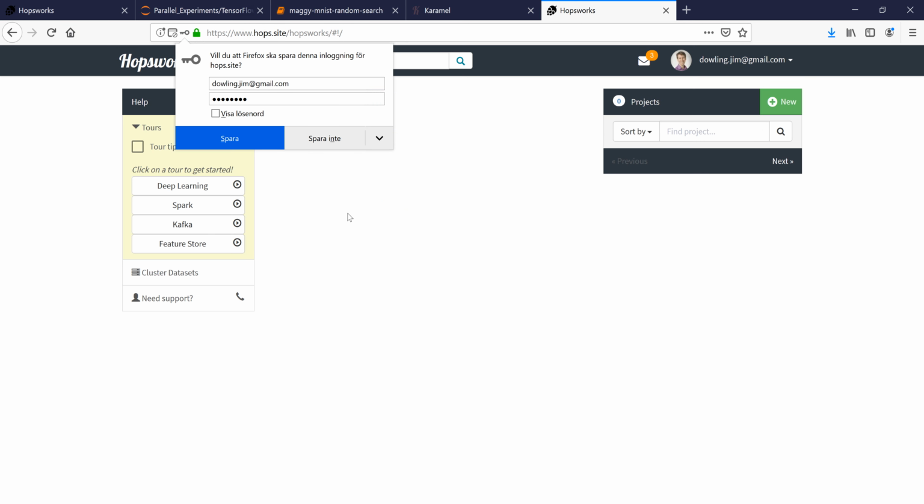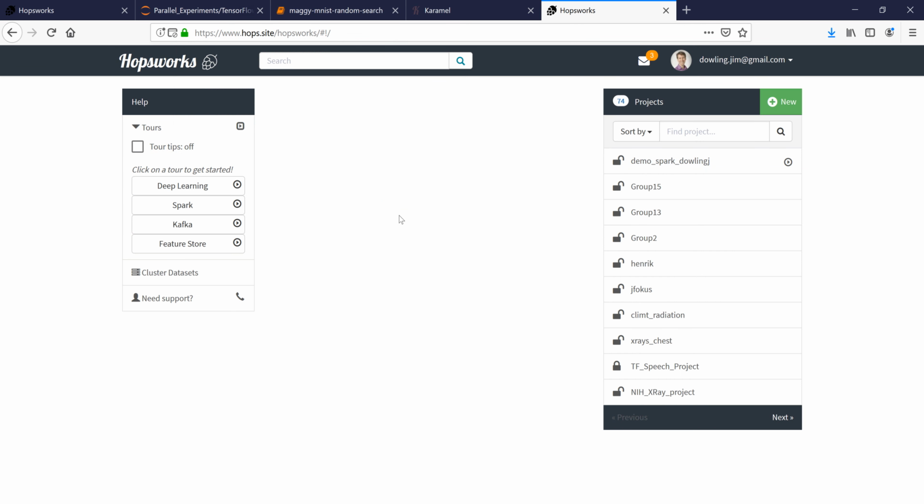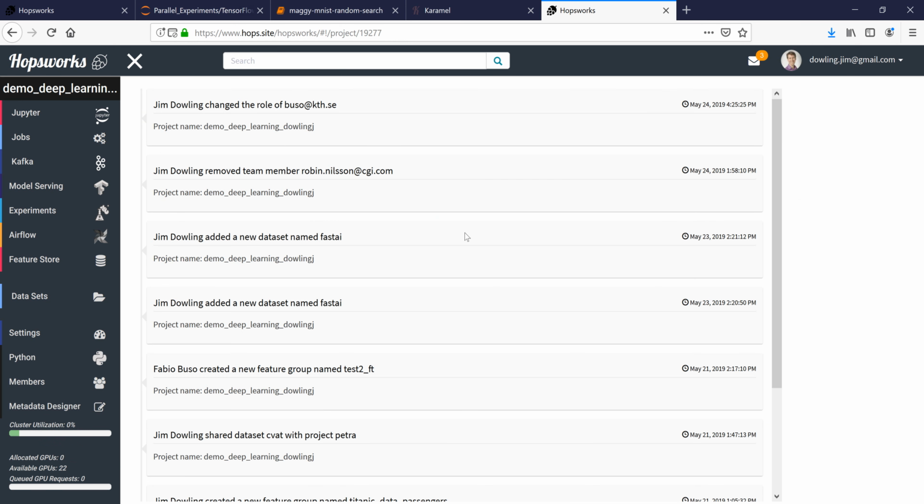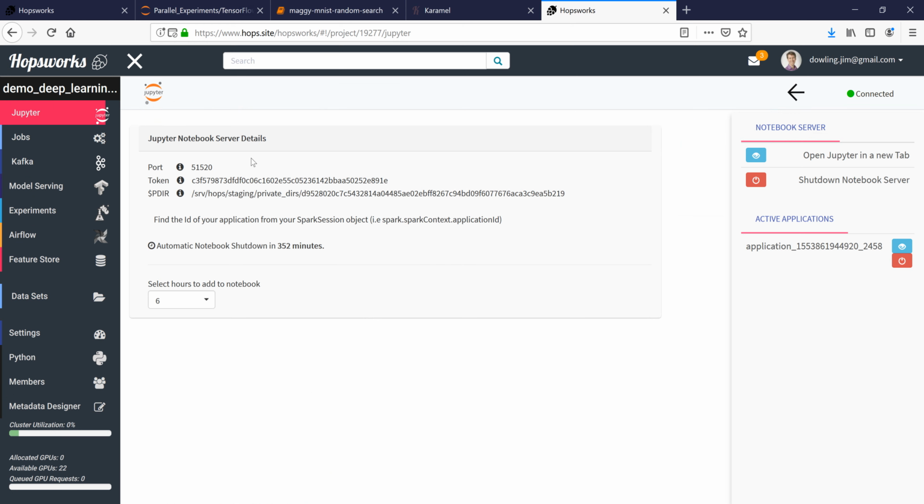So on this cluster, I'm just going to log in. I've already got a lot of projects here, as we can see, and I'm just going to find one called Demo Deep Learning, and go into that project. In this particular cluster, we have quite a number of GPUs. We've got 22 GPUs available, and I'm going to go to Jupyter up here,